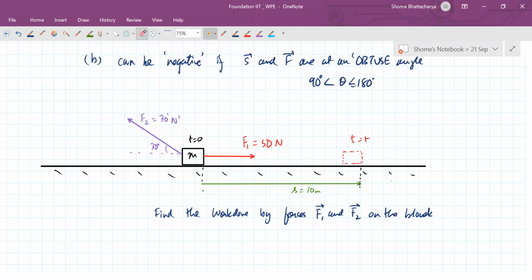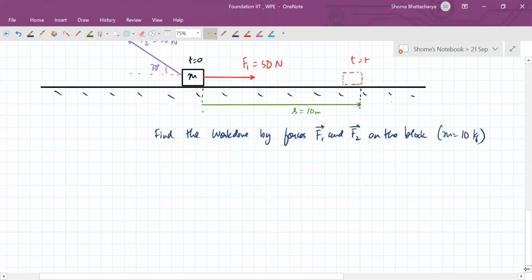And let's say it has some mass that we know, but it doesn't really matter how much the mass is, because we are just calculating the work done by these two forces. 10 kg or something like this. Now you can see here that we'll calculate work done as F dot S or Fs cos theta,